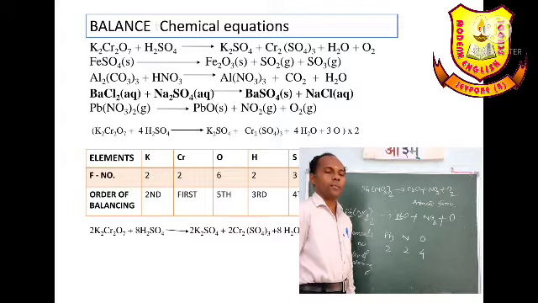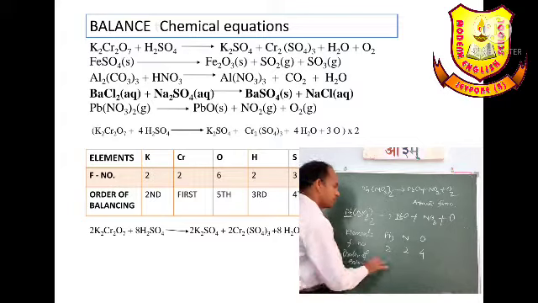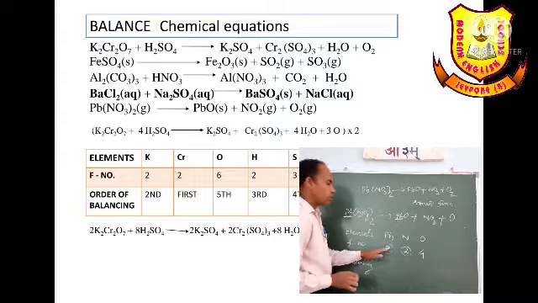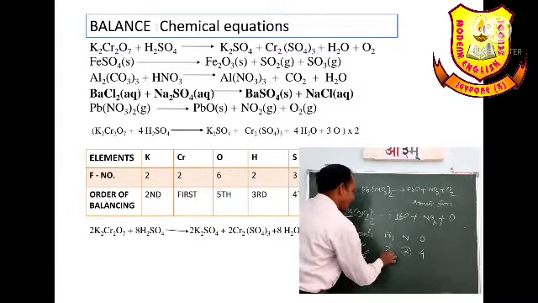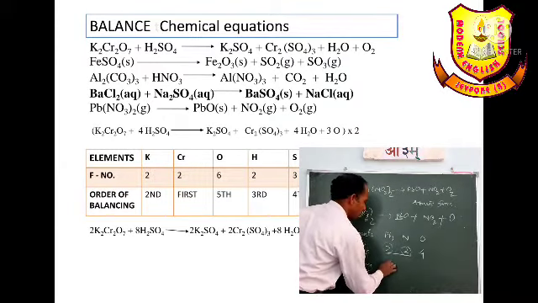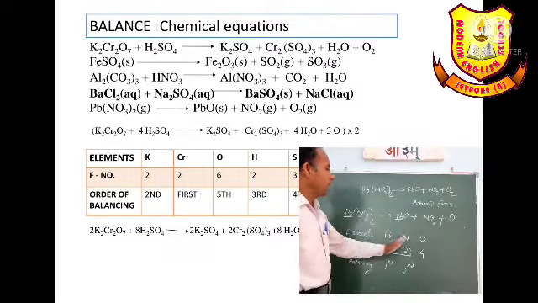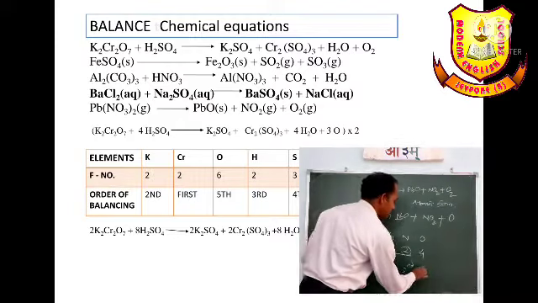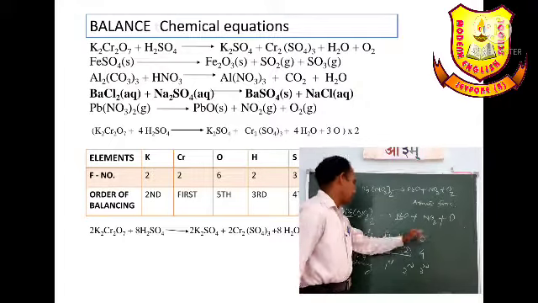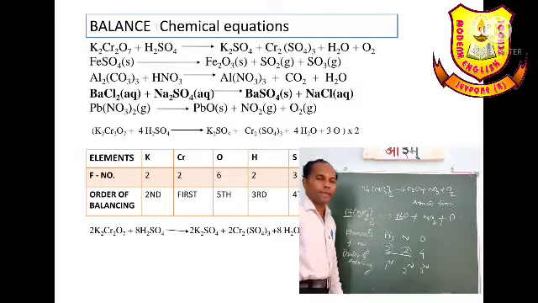Then which one do we have to balance? We have to balance the one with the least f number. So this one or this one, the f number is 2. Out of these two, which one is the metal? Lead. This one will be balanced first, this one second, then the non-metal will go. This one will be balanced third. So we have written the elements, then the f number, then the order of balancing.